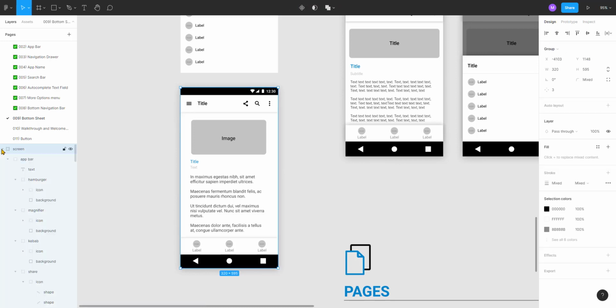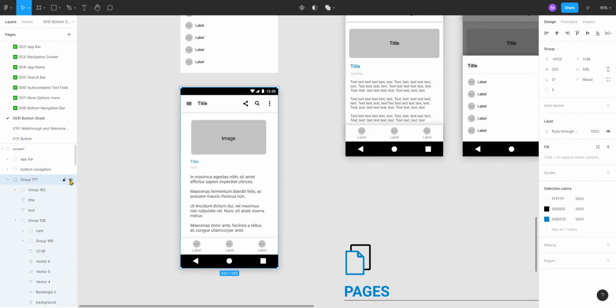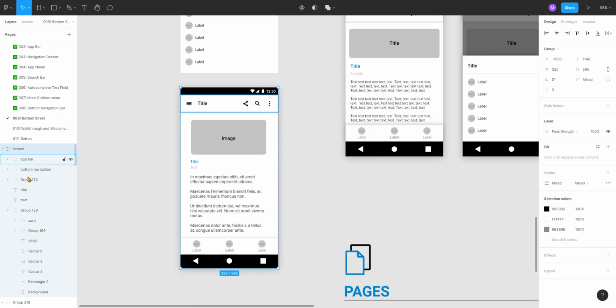Then I taught you before how to organize things, and then we can organize even more, like this bar. We can call bottom navigation, of course, so to be more organized, bottom navigation, small caps, no matter. And here we have the screen, properly speaking. I will ungroup, and then we have